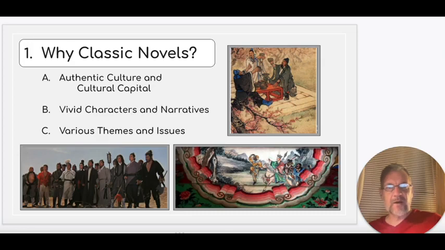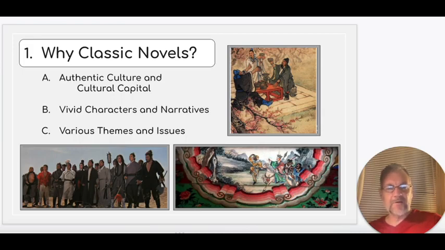So this will allow your students to compare their own lives to the lives of the people being portrayed in the novels. And because the stories are distinct and each of the novels covers a different aspect of Chinese history and life, you can use them to address different students. You may have a group of students who are interested more in adventure. You may have a group of students who are interested more in spiritual or religious history and thought, in which case you can use Journey to the West.